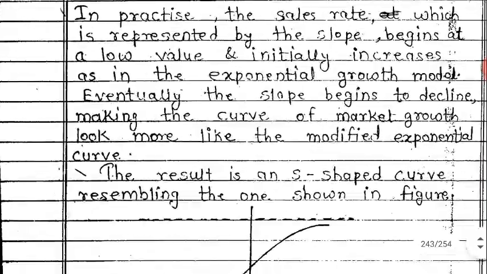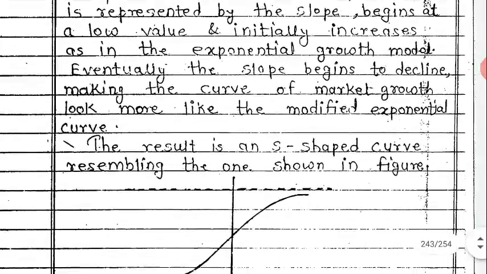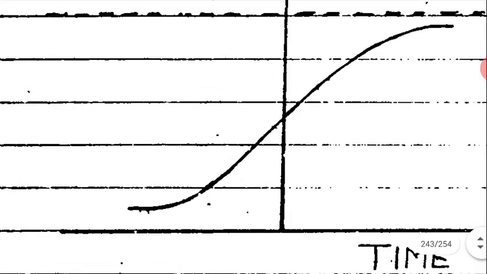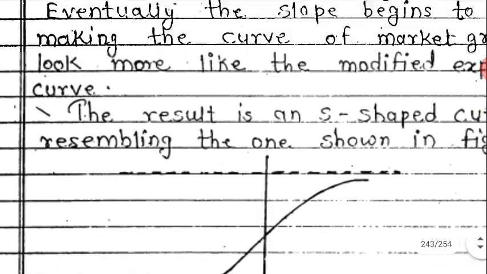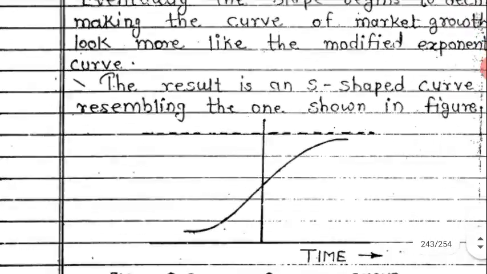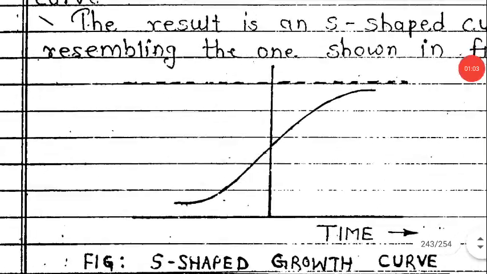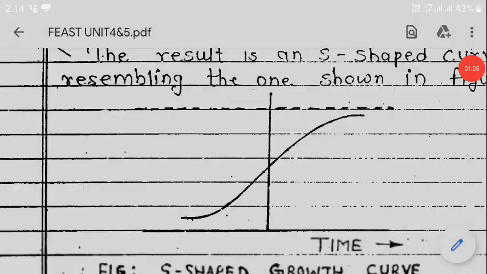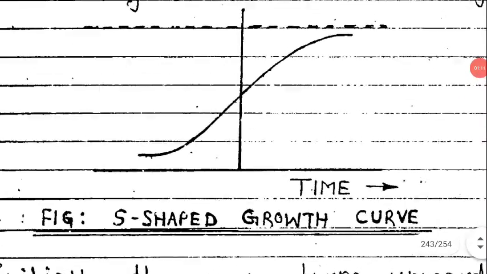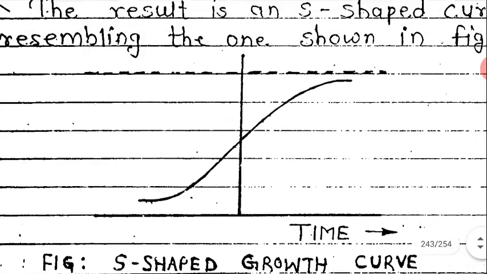In practice, the sales rate, which is represented by the slope, begins at a low value. Here we can see it has begun with a low value, and this slope begins with a great slope, and it will have exponential growth up to the point where it changes its state, and it will become the logistic